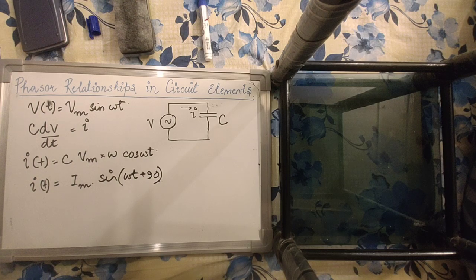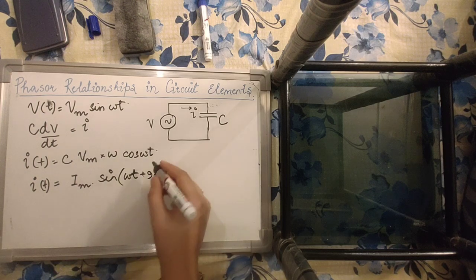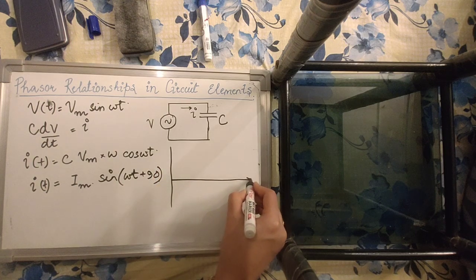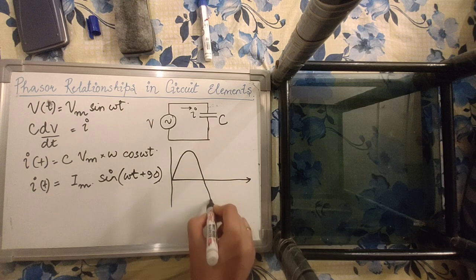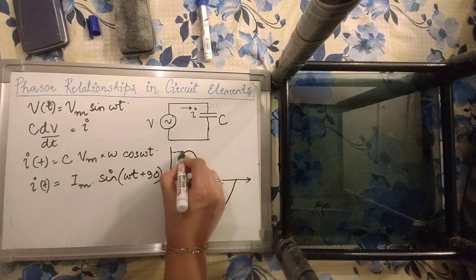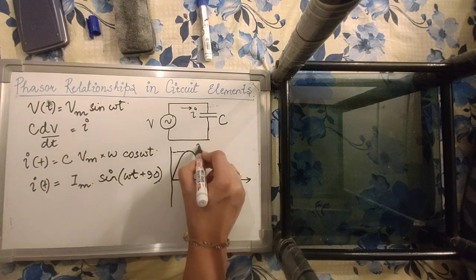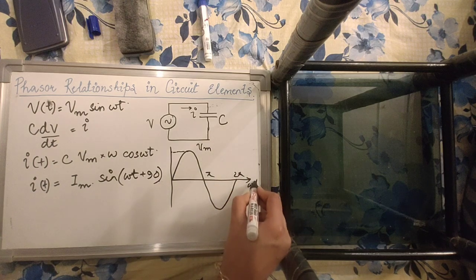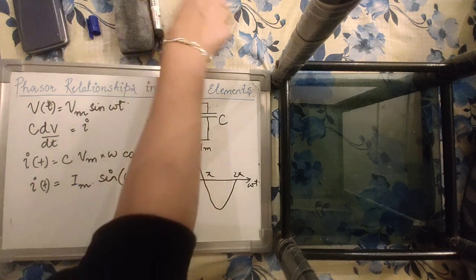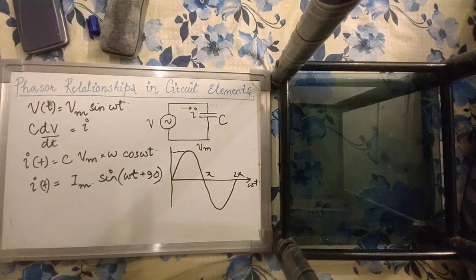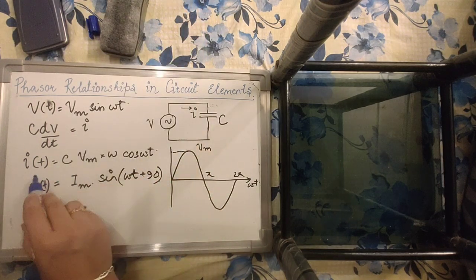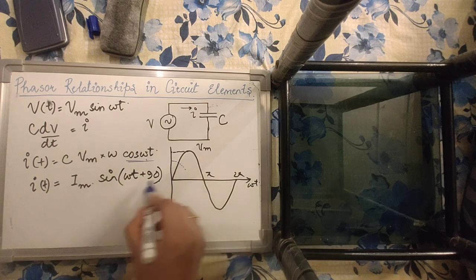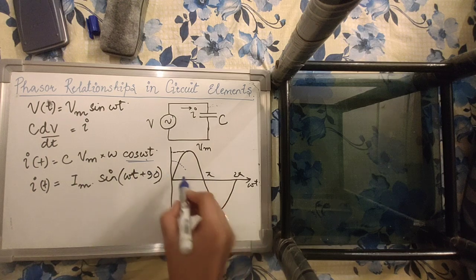Now, if I represent this graphically, then I have a sinusoidal voltage signal. My excitation signal is sinusoidal with a peak value of Vm, and this is the omega t axis. This is my voltage signal. Then this equation tells you very obviously that the current is a cosine signal, or you can say it is sine omega t plus 90 degrees,